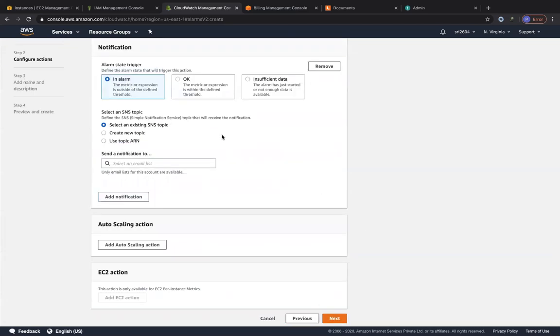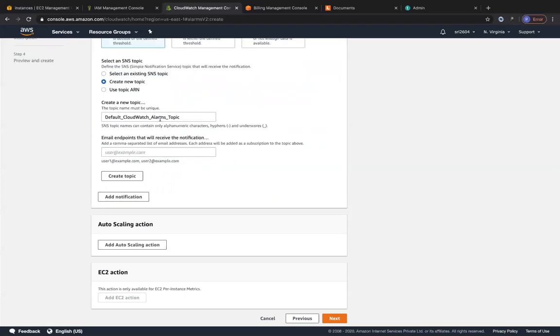Let's go ahead and choose to trigger a notification. They give you 3 options over here. They allow you to trigger an SNS topic notification whenever the alarm is in alarm status, or whether it's in OK status, or whether it's in the insufficient data stage. But right now, I'll just create an alarm when it's in the in alarm status. That means when it has exceeded 30 USD for my account's bill for one day, right? So let's select an SNS topic, or let's create a new SNS topic. I'm going to call it my billing alarm, and I'm going to put in my email ID.